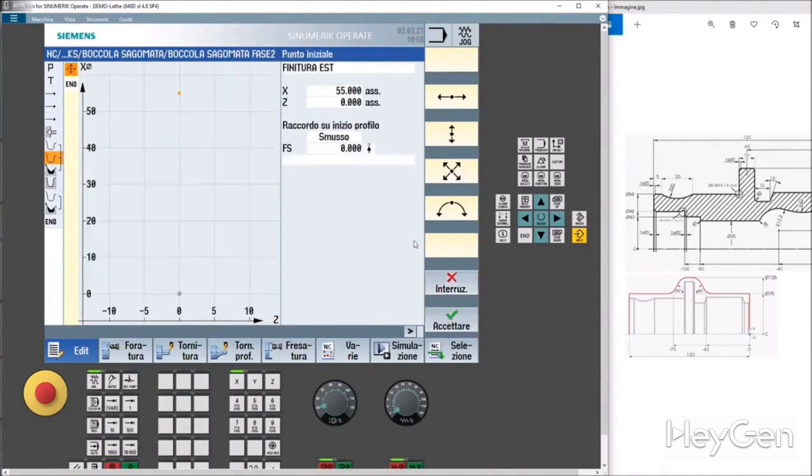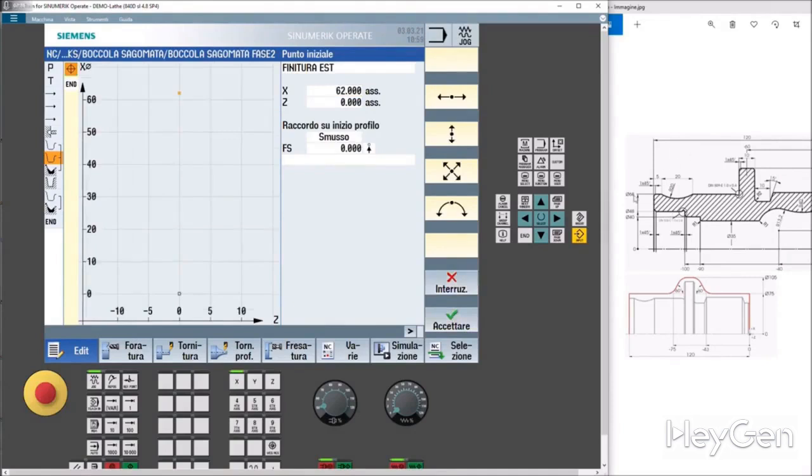The first point will no longer be at 55. We have a diameter of 60. We've already laid it out. So let's start from a 62. We accept it. And with the soft keys, we start to move.